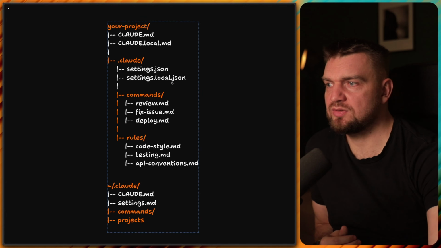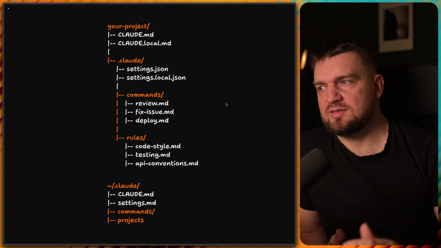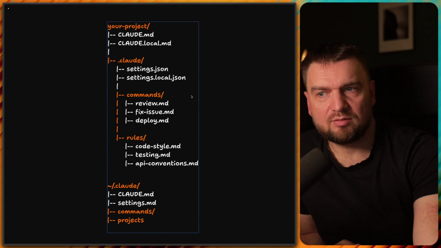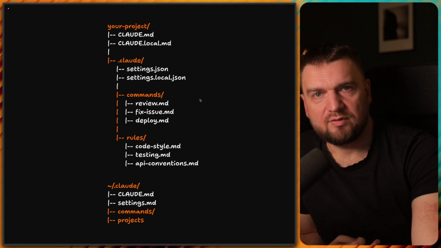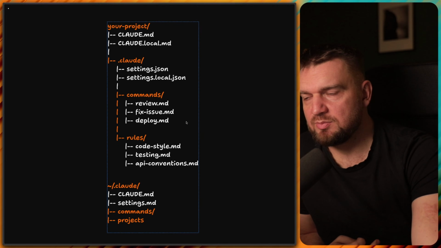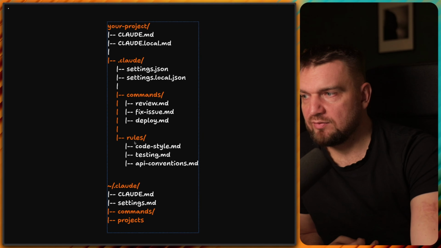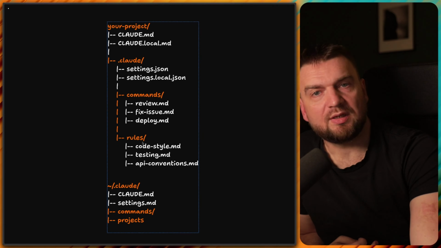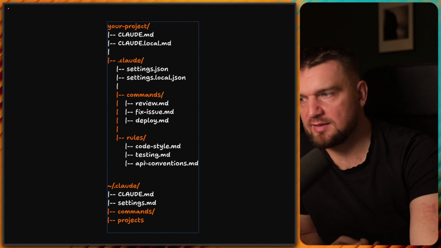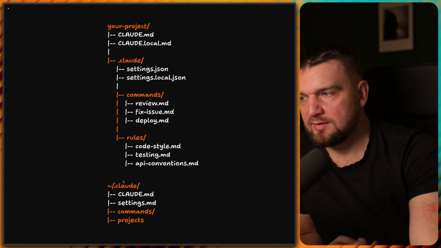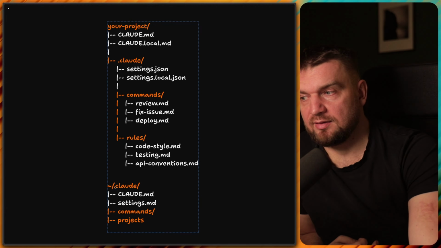We have also commands and rules. Commands, those are the custom / commands. We can build them for reviewing the project, fixing issues, deploying, naming conventions. So those could be shared. We have also rules, which we should also put in our repository. So we can put there code guidelines, testing guidelines, API conventions, and also please don't forget on your MacBook